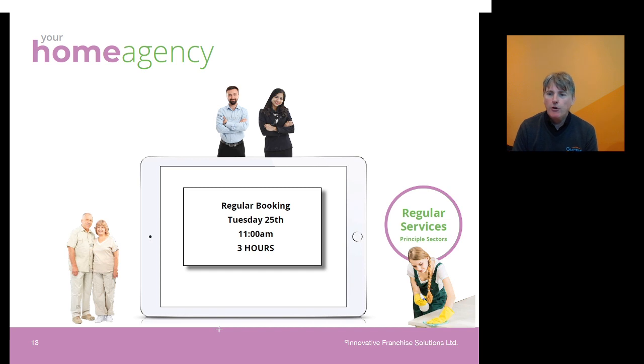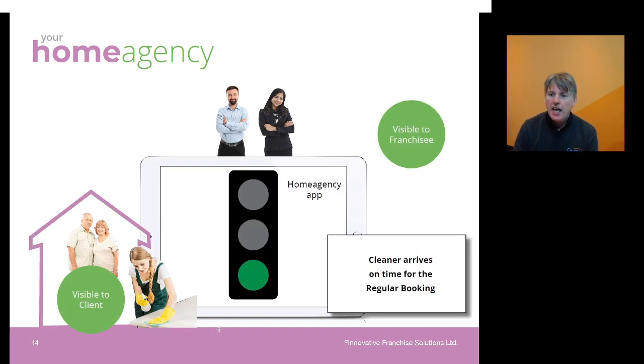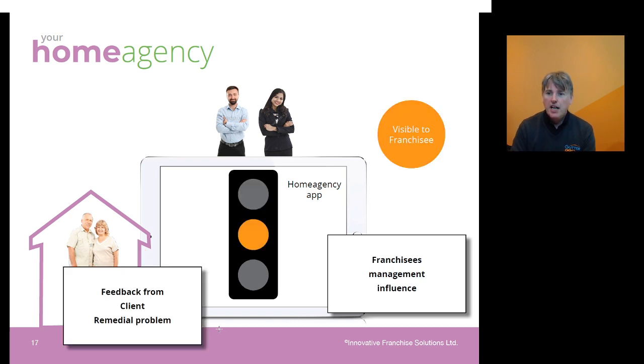So the vision being, it's all driven by traffic lights. Let's say there's a booking and they've turned up on time, then wherever in the world the franchisee is, they can see for that particular gig, because each one of these is a small gig in its own right, that the job is taking place as it should be. If they're late, they can see that maybe something's gone wrong, and if the person simply hasn't turned up, they can see there's a default. They may need to get in touch with the cleaner. They most certainly need to get in touch with the customer and get involved. For relieving feedback,